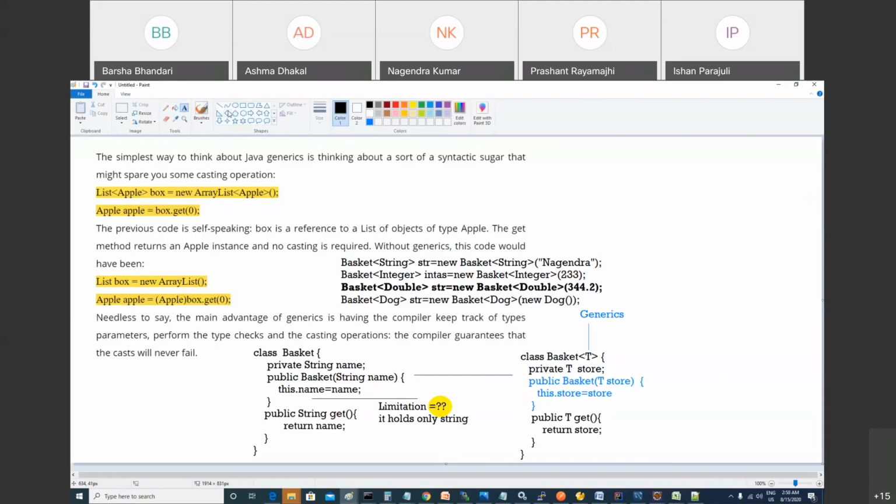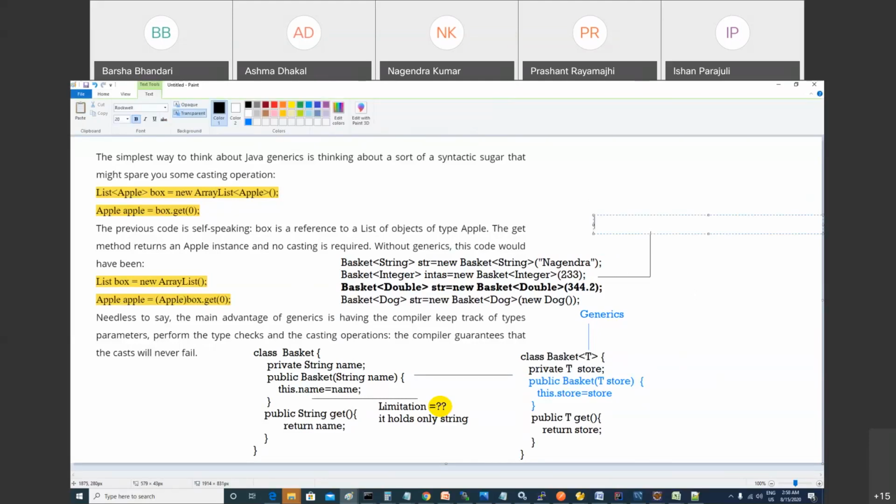Actually, SQL query is a different thing, right? SQL query you have to write as per the rule that is fixed. Are you following me? You cannot write generic. SQL queries are fixed. You cannot use generics over here. SQL queries are fixed, and generics is not related to that. Okay.